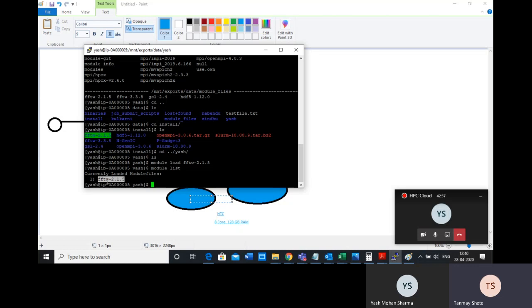For that purpose, as I said, you need to learn Slurm. Slurm is the utility that is installed here. So you have to understand how to use the Slurm scheduler to take you to the appropriate machines.